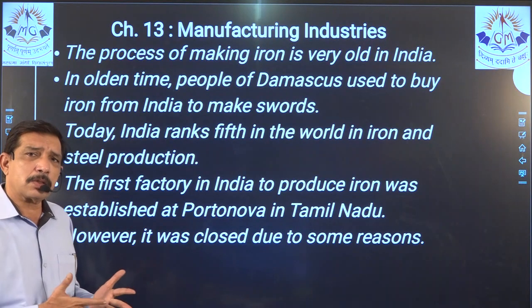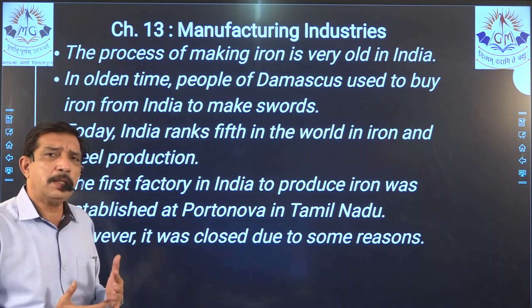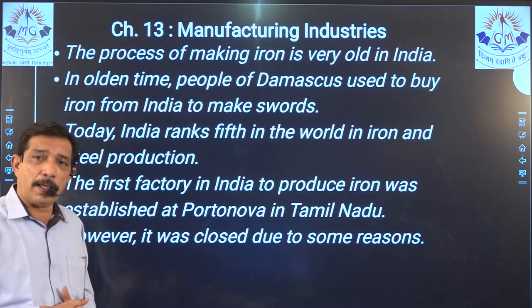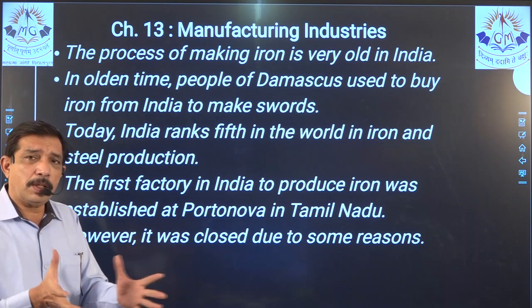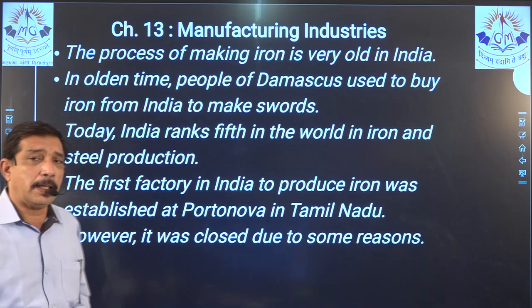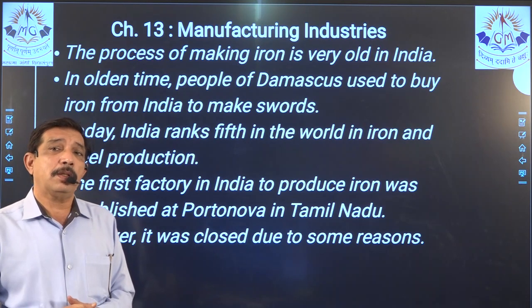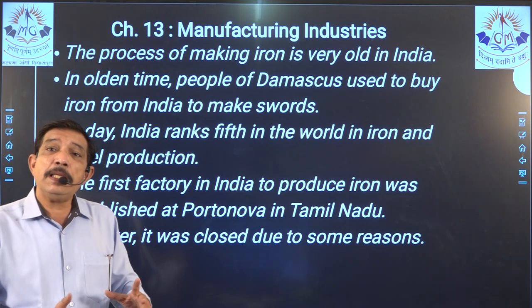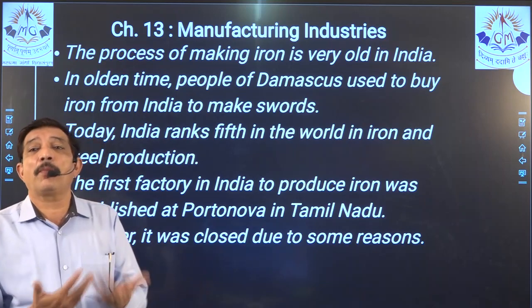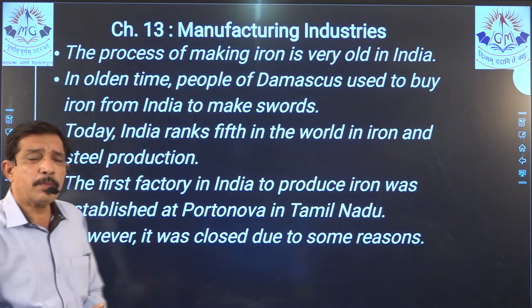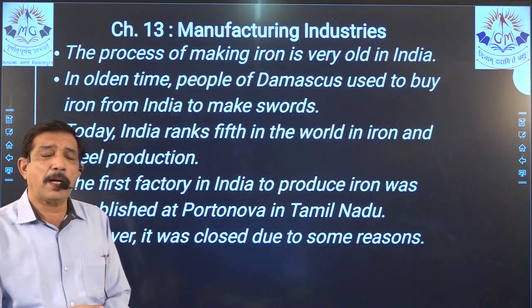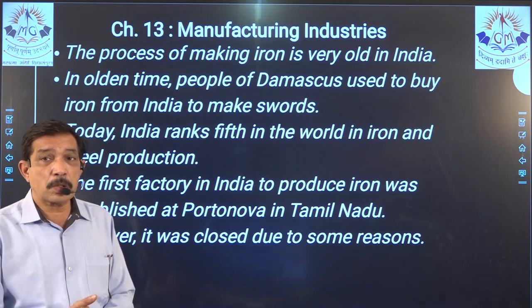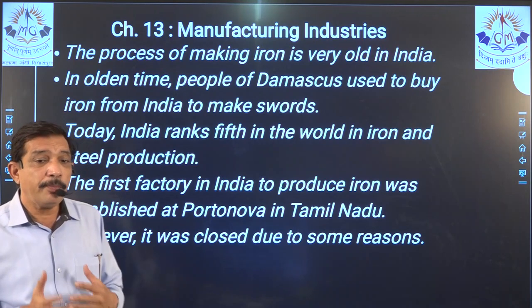Yes, now in Damascus also iron is available, throughout the world. Yes, each and every country has a small or great quantity of iron, right? Because the whole of the earth, the base, that is the core, is made up of mostly iron, right? So each and every country is going to have iron, but in lesser or more quantity, in less quality also, and better quality also. So Damascus also must have got iron from somewhere else. Yes, but the quality obtained over there was not good for making swords, so it used to import iron from India.